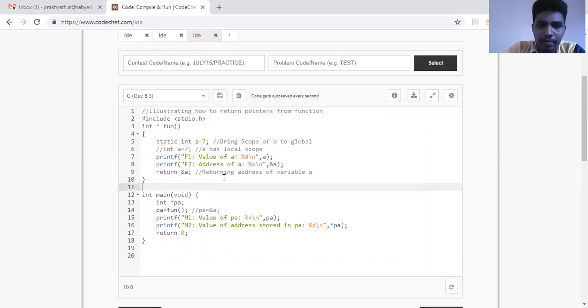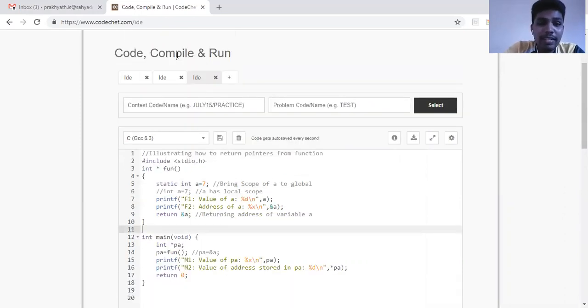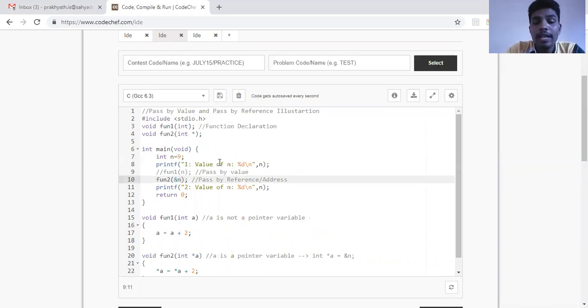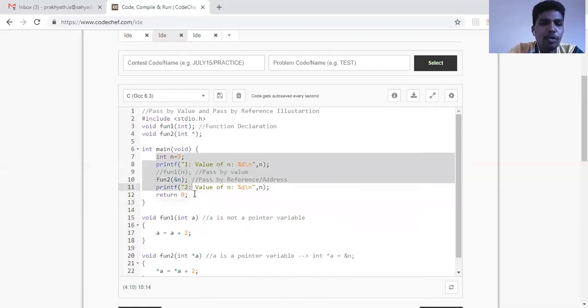Fine? Okay. And most of you may ask, so then why was it not required in the previous program? Because in the previous program, it was not ending, because my n is in main. And till the end of the program, it has scope. Why? Because main is a function which never loses scope till the end of the program. That's why I did not make n static, because throughout the program it has scope, because n was declared in main. That's why I did not make it static int n.